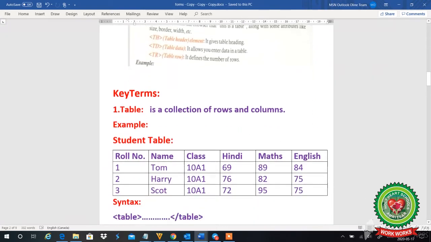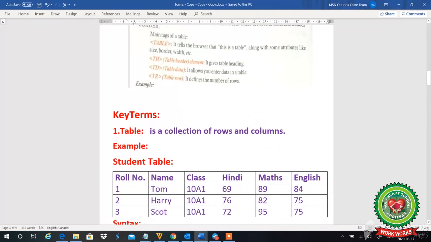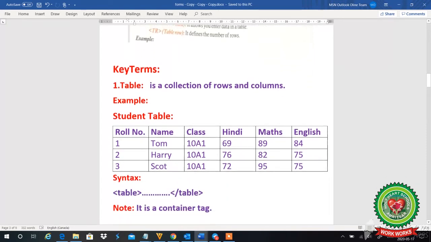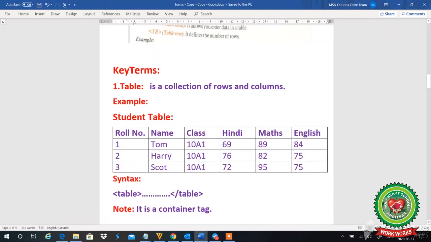Let's take an example. I have taken a student table. In this student table, we have roll number, name, class, and three subjects' marks: Hindi, maths and English. For making a table in a web page in HTML, we have the table tag.